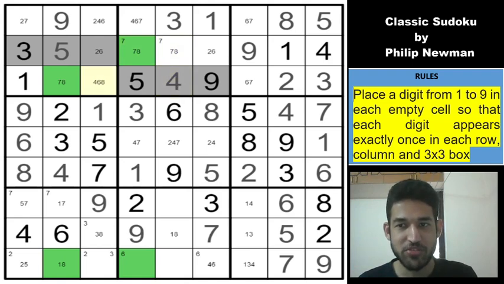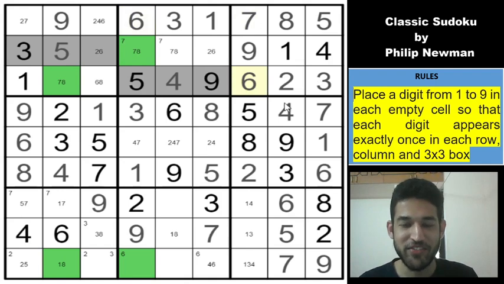So this 4 removes the 4 from here. And 4, 7 gives a 6 here. This can't be 4, 7. And that gives a 7 here, a 6 here. Now we have set the Sudoku on fire, guys. It's going to get over soon.